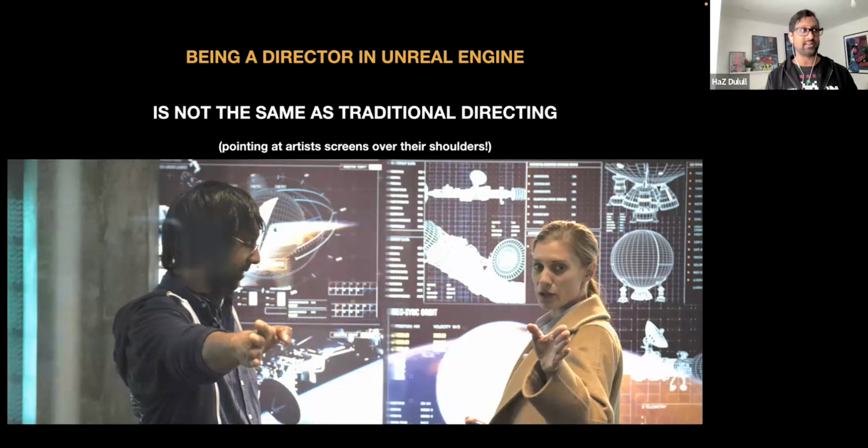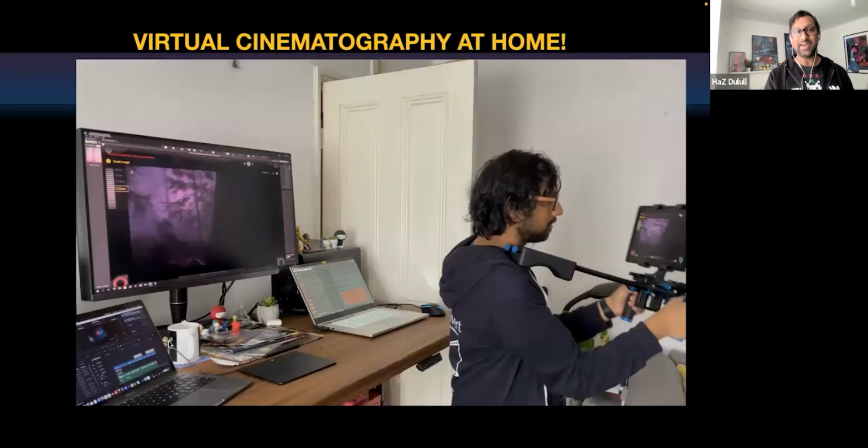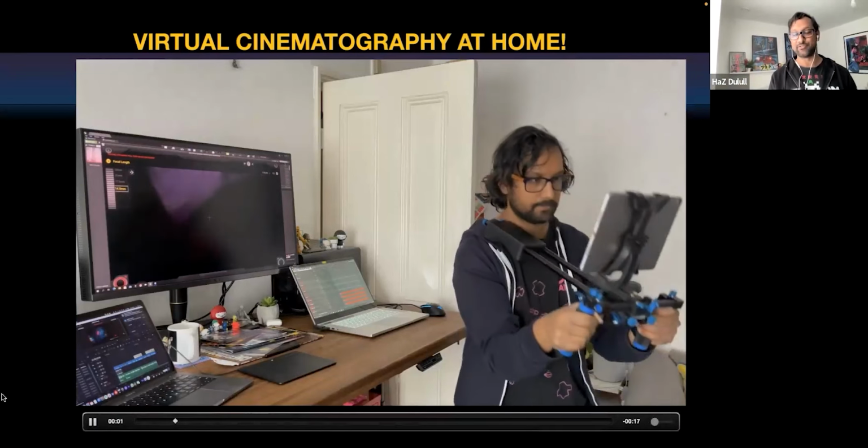Very much when you direct live action, you rely on a team of people to provide stuff to you, and you are pointing a lot. There's a lot of pointing when you're directing live action. And when you're directing visual effects, especially for live action, you are over their shoulders. It's a little bit different for me. This was made during the pandemic. So this is some behind the scenes, me in my front room.